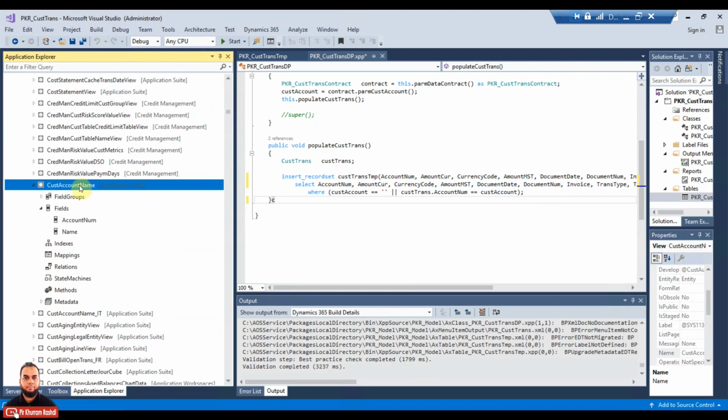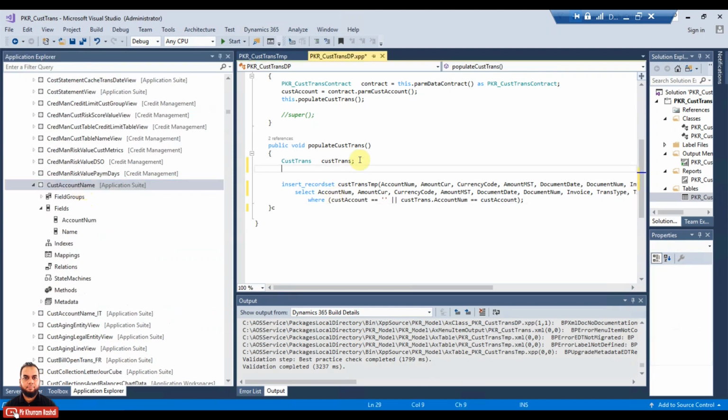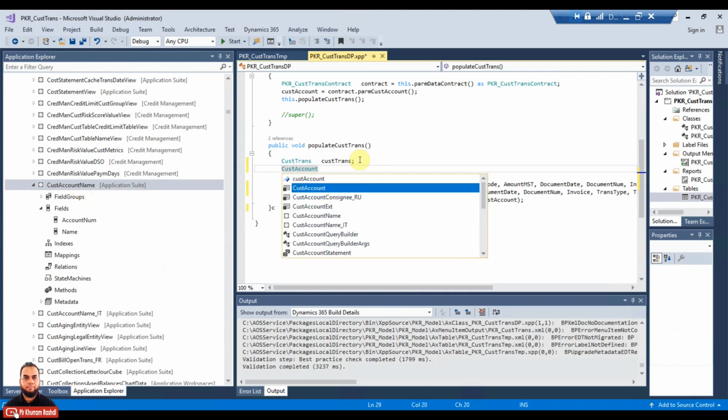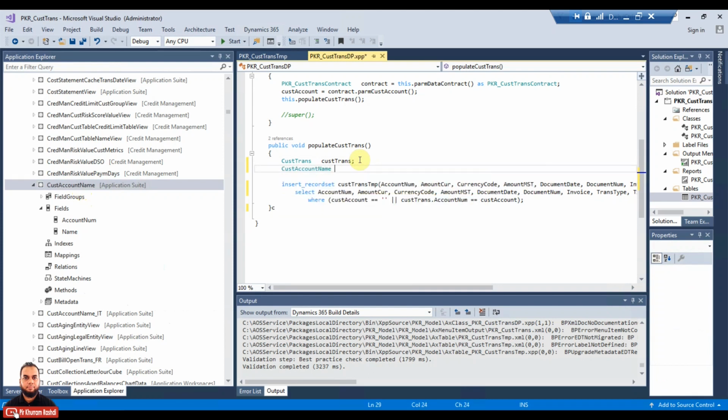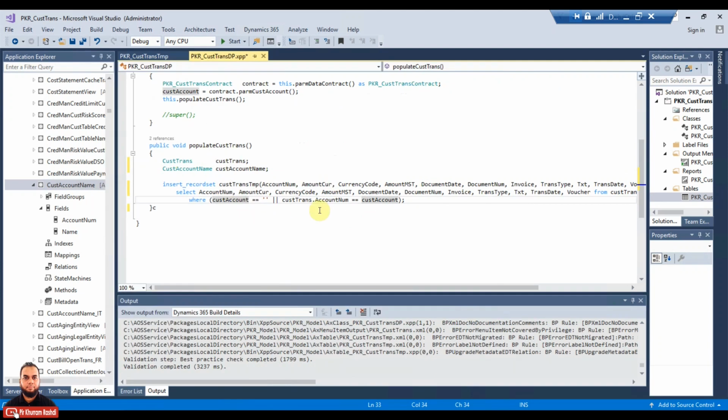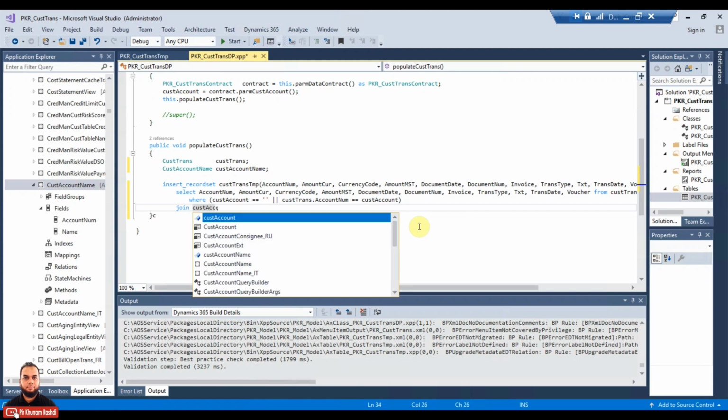So the name is cust account name. We can just declare this view here, cust account name, and it is available just like a table. So we can join this view here, and for joining we will make a join statement, and in cust account name,